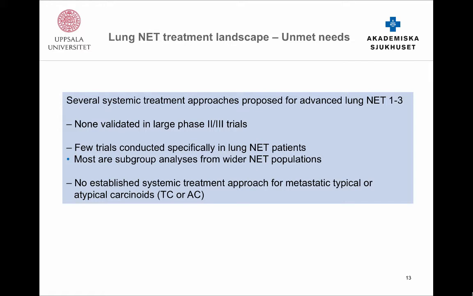We have also another trial which I'm going to mention to you that is just finished, also indicating the role of everolimus or Afinitor in lungs. There are very few other studies that can support what kind of treatment you should select. And therefore, most of the treatment schedules and algorithms have been eminence-based medicine, not evidence-based medicine. But we try to move into evidence-based medicine also in this field, as we have done in other areas of neuroendocrine tumors.